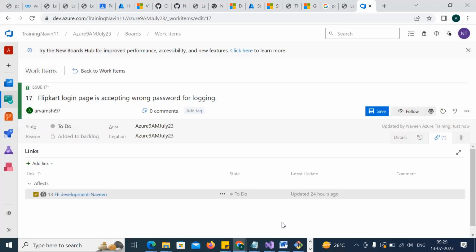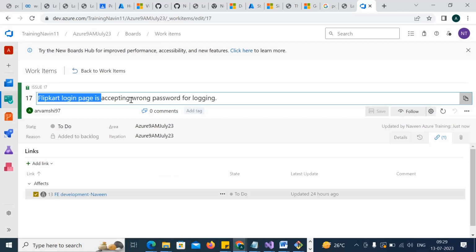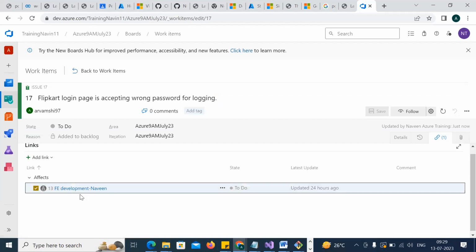Let's click on the okay. Now understand here. If you are seeing that issue, you have to first save it. Now see, if someone sees your issue, what they are seeing is that this issue affects this task. That means this task is blocked by this issue. Clear? If you go back to the task,